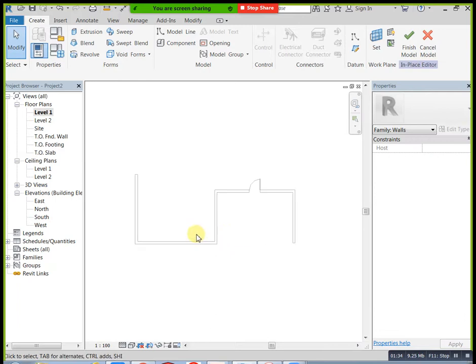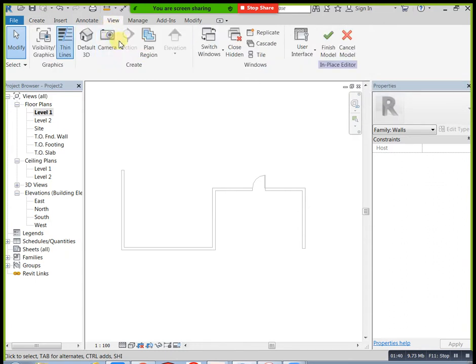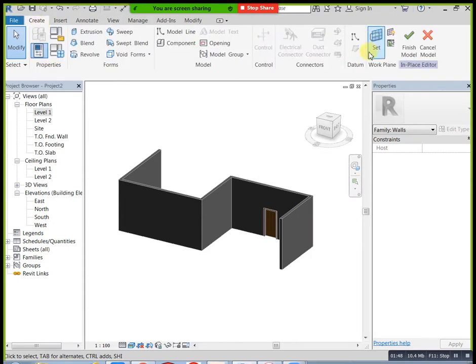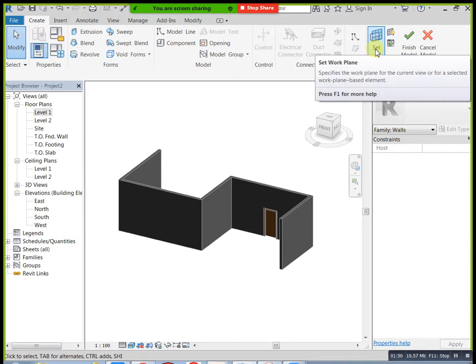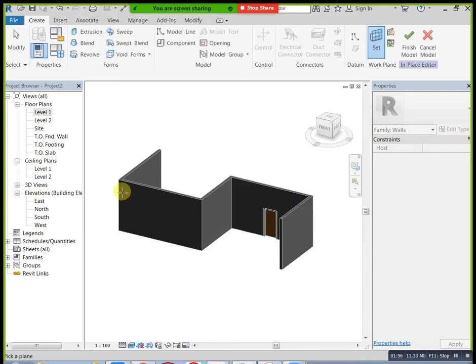Next you can see this one. Here we have set plane. Set plane means we need to select our plane. You need to draw at front, at top, at right or left, so we need to select our plane. For that purpose we have set plane. A work plane we need to create or select. Just select pick plane here, and okay, this is my plane. Just click show, go to the front.